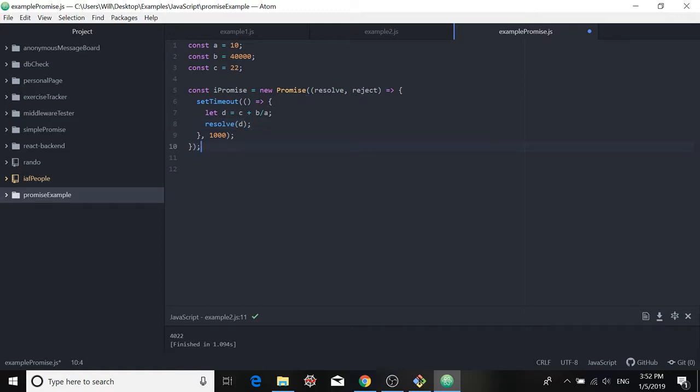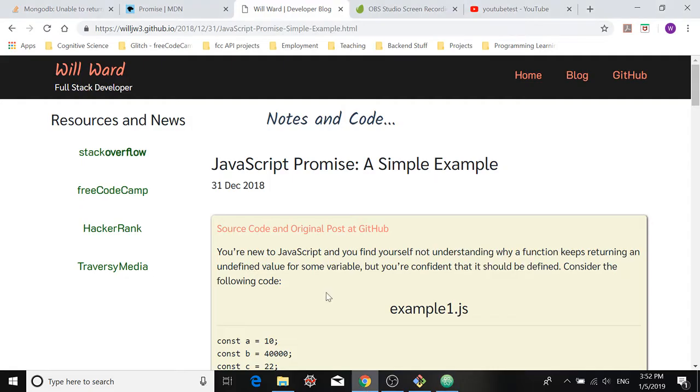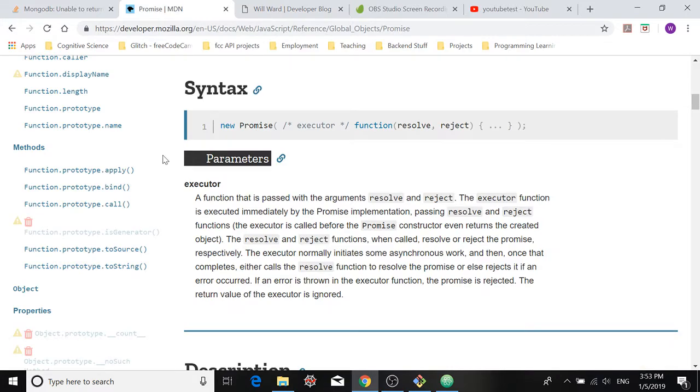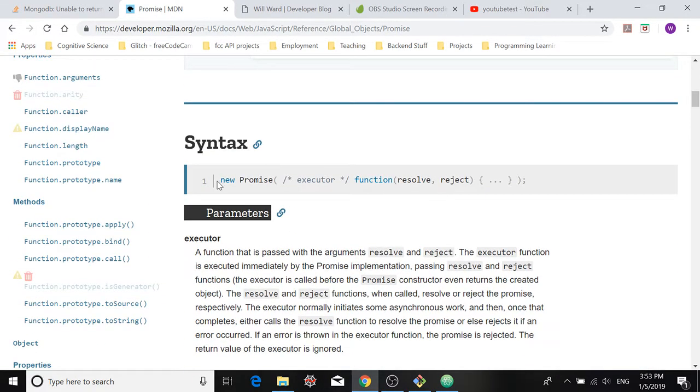Okay, so we're halfway there, and we see that we have this promise function that takes as inputs two other functions, a resolve function and a reject function. So what are these? What do they do? If we go to the MDN Web Docs page and we look at what's going on here,